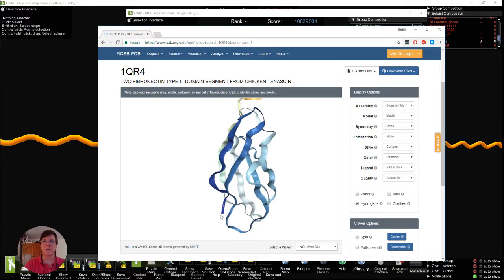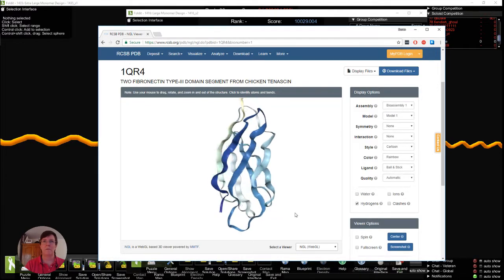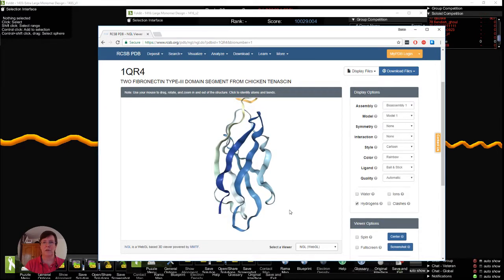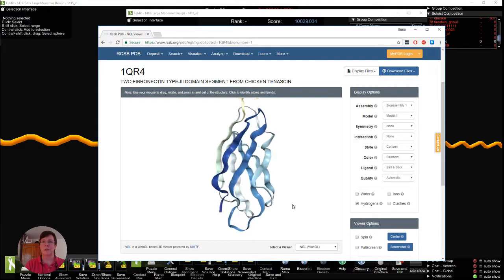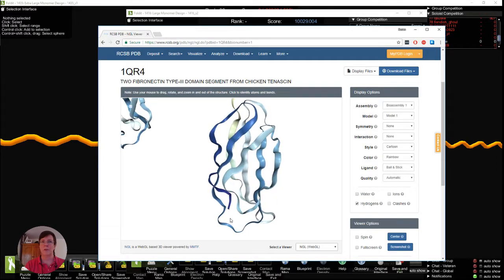Okay, so the front sheet starts down here in the lower left. I've got a sheet going up, a little short loop here. I'll be able to do that with a Foldit ideal sheet loop. Sheet comes down, and then there's this long loop that travels from the front sheet of the sandwich underneath to the back sheet. And there are no long loops like that in Foldit's library of ideal loops. So what I'm going to do is put a short helix right there. I'm going to have a very short ideal sheet to helix loop here. The helix is going to travel from the front sheet to the back sheet,